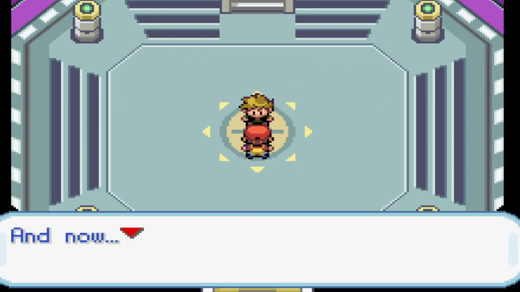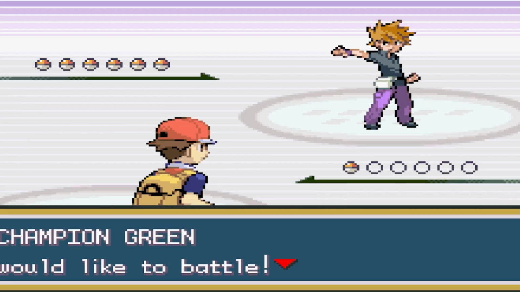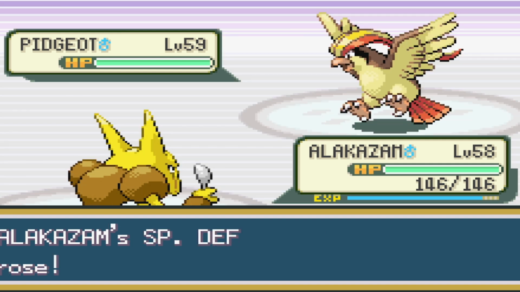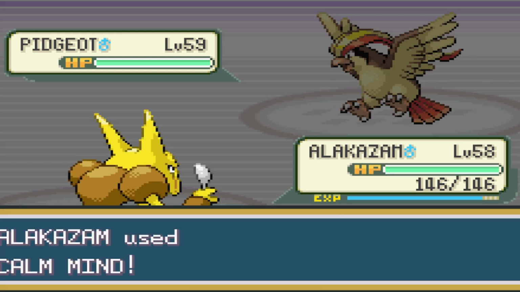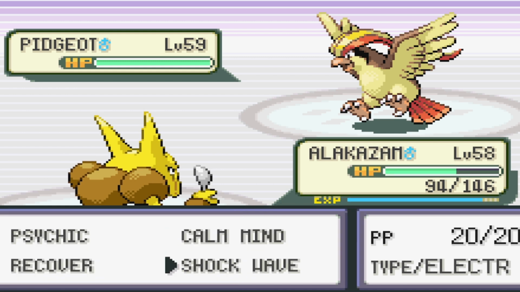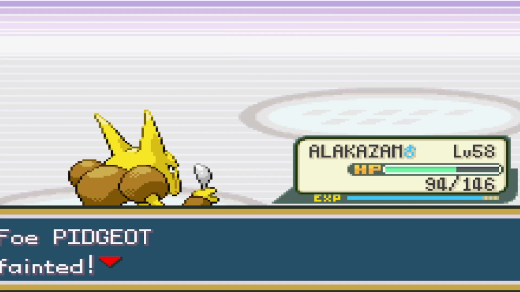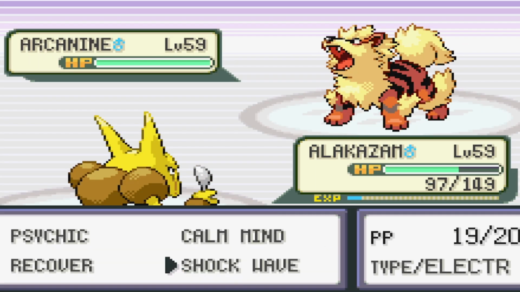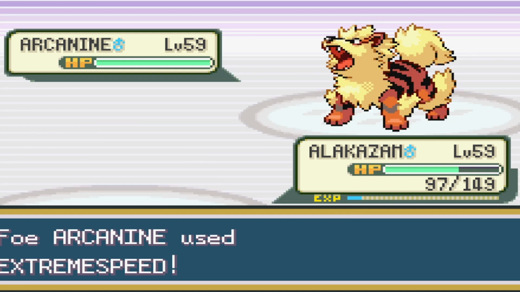It takes a few tries, but we start with Calm Minding against the Pidgeot, and Pidgeot actually uses Feather Dance, which is perfect because we're not using physical attacks. We use another Calm Mind as Aerial Ace takes a good chunk of damage before swapping to attacking and taking it down. Arcanine is next and hits us really hard with Extreme Speed, but thankfully, it goes down to a